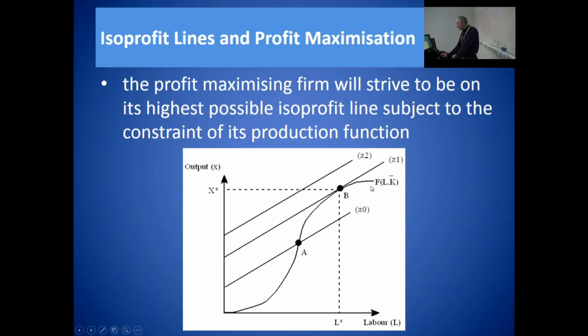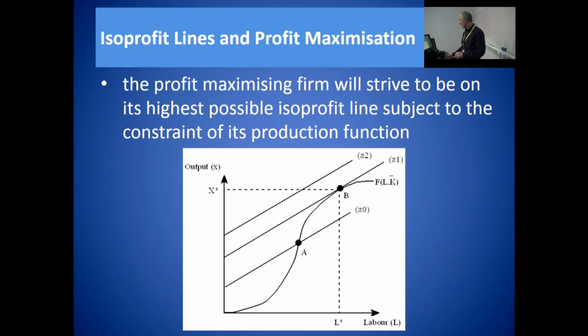Point B is on the production function, so it's feasible. But at point B, the short-run production function and the iso-profit line pi 1 just touch one another. They're tangential. That means there isn't a higher iso-profit line that exists that still touches the production function. And so,